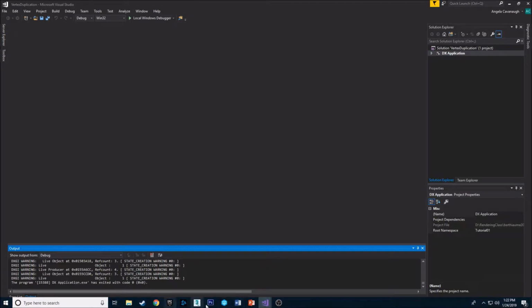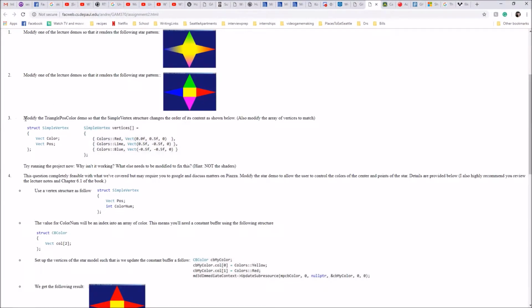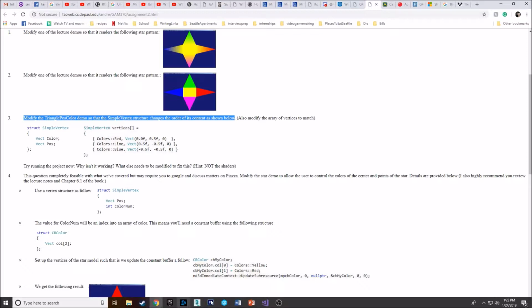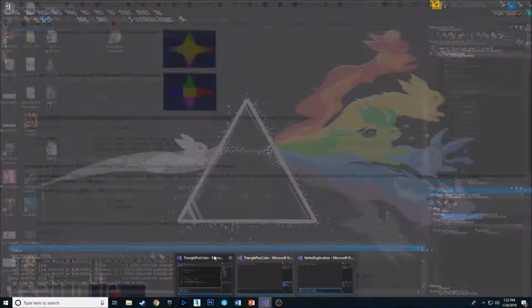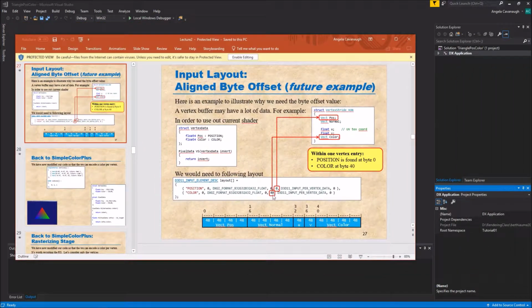In question 3, it said to modify the triangle position color demo so that, as the changes here, it basically swaps the color and position. And why doesn't it work? Well, the answer to that we can find by looking at the notes where it talks about finding the correct